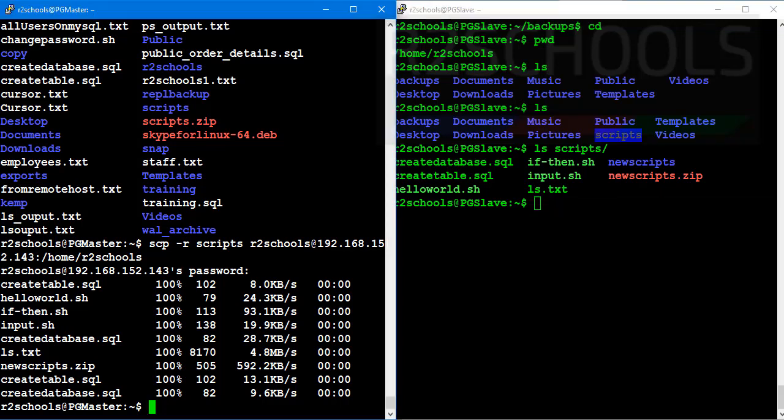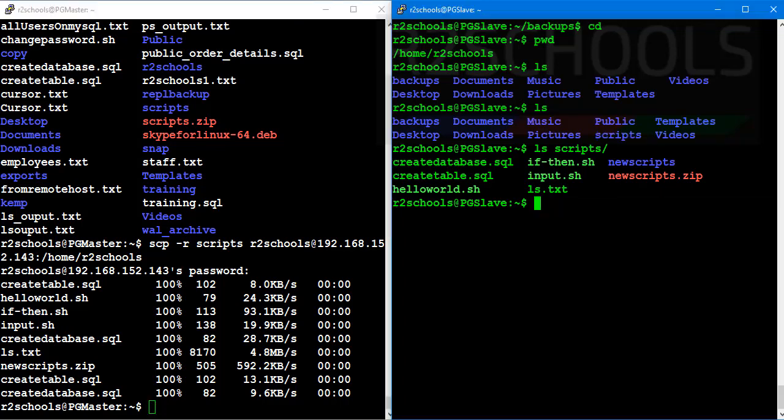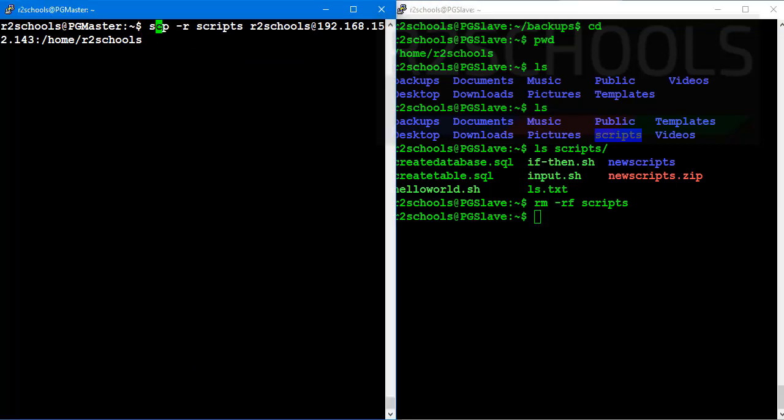Okay. Now the next example is to copy files in faster mode by using -C. Let's remove this scripts directory. Just use -r with capital -C. This will be faster compared to the previous one.